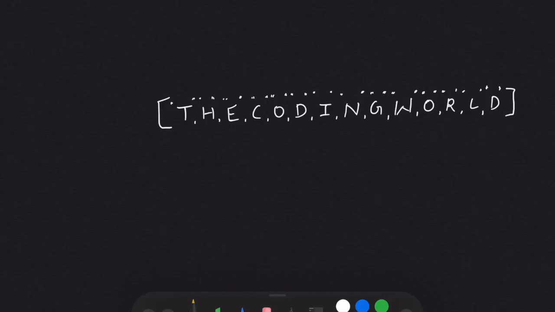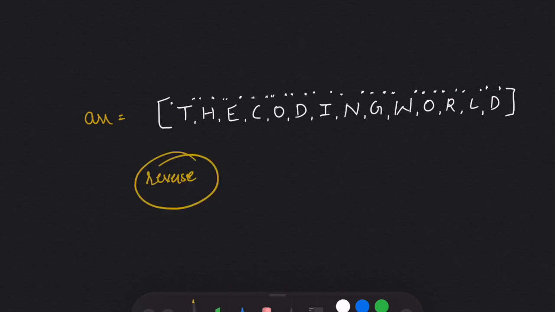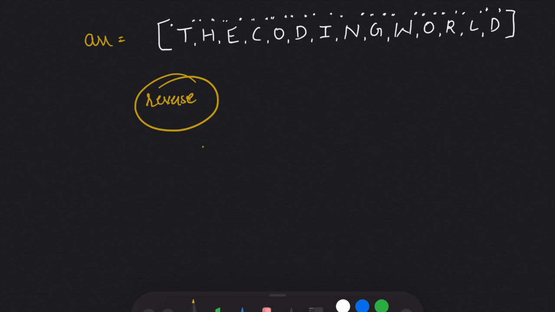I have taken an array of characters and we need to reverse it. Let's name it ARR. We can do this in several ways. One is we can use the inbuilt reverse, and we will call inbuilt reverse on ARR. I can simply say ARR.reverse, and it is going to give us the reverse format of ARR.